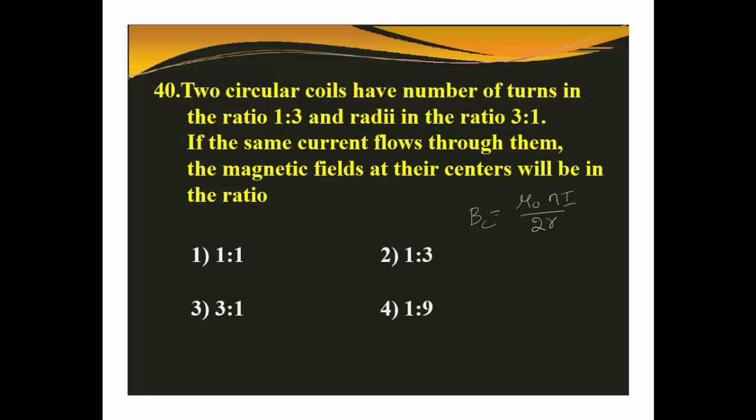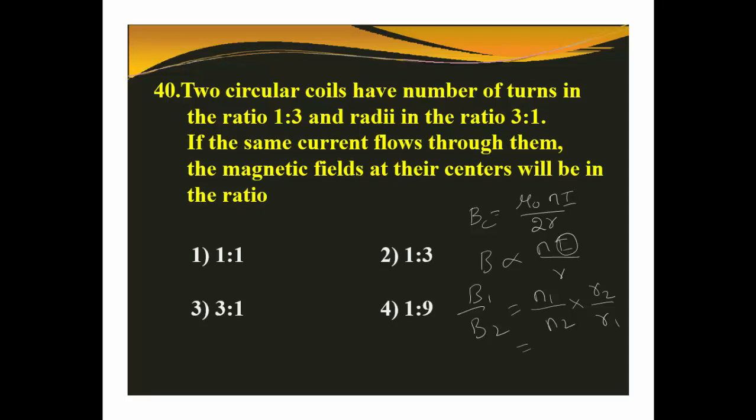So here magnetic field is directly proportional to Ni and inversely to R. So B1 by B2 equal to N1 by N2. Currents are same, means I can neglect this I. So I only take number of turns and radius ratio. Why do I neglect I? Because currents are same. So B1 by B2 can be written as N1 by N2. Since R is inversely proportional, R2 comes upward and R1 comes downward.